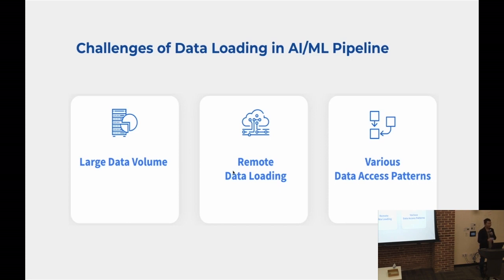But again, if we use cloud storage, which means you need to load data from remote, the bandwidth and the latency will be much higher. There's a lot of trade-off here, just because we really need a large data volume. And also, as I mentioned, if you want to improve data capacity, you may suffer from the remote data loading issue.